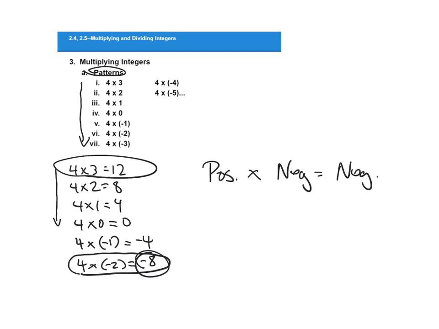Up here at the very top, when we were multiplying 4 times 3, 4 times 2, we were just establishing that positive times a positive equals a positive, and you knew that for many years through grade school up until algebra. That's when this positive and negative starts to change. So positive times a negative is a negative, positive times a positive is a positive. So we're going to take that rule that we know,